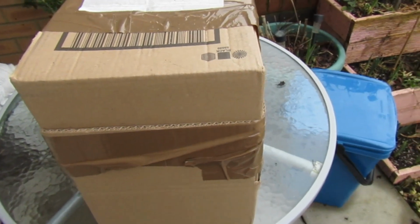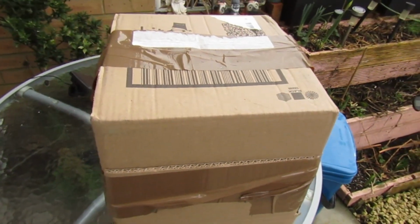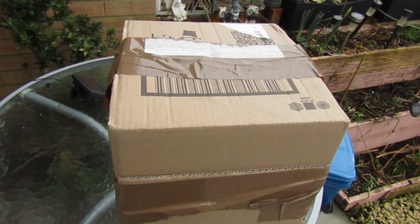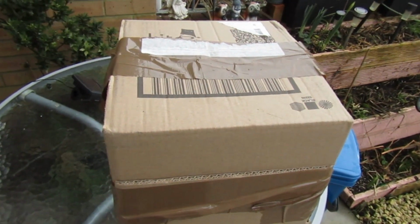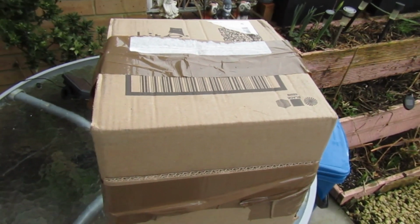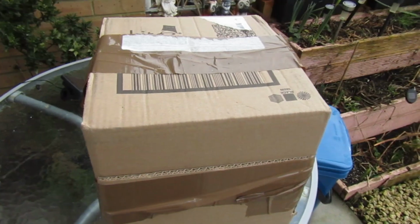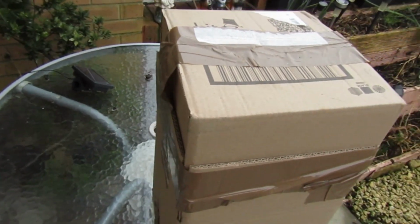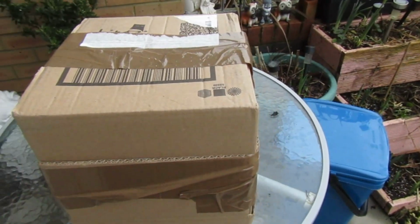Anyhow, I put an offer in. It was 45 quid on eBay. I put an offer in on the Sunday afternoon, £38. They got in on Monday and accepted it. Sent it out, supposed to be 48-hour Parcelforce. They sent it out 24-hour Parcelforce, all included in the price, and it came the next day, so it